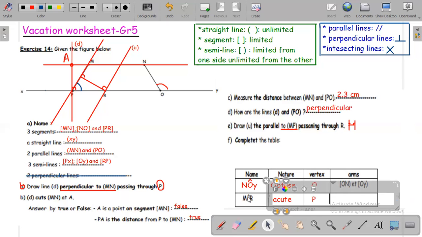Now, what are the arms? To find the arms, draw arms for the angle P. P, R. And the arms of the angle are semilines. So we put a bracket, parenthesis, P, M,